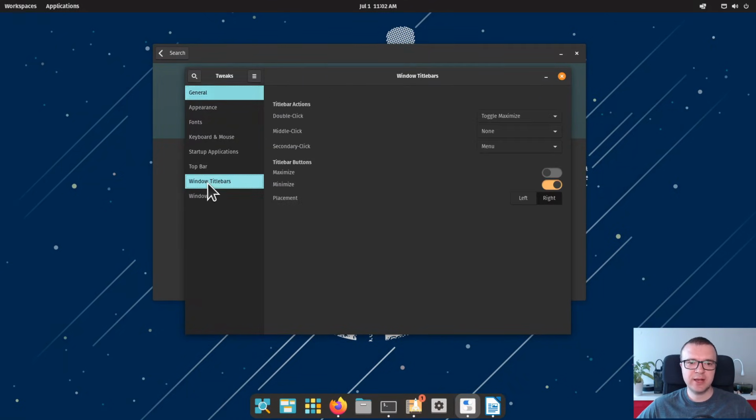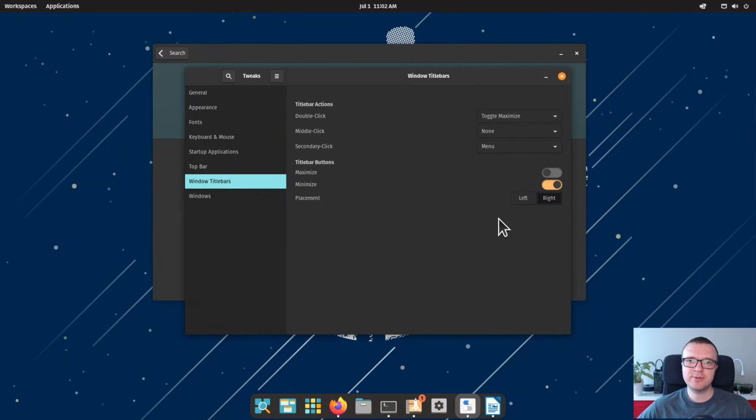Many of these options are already available in the Pop! OS settings. For example, if you want to disable or enable minimize button and maximize button. These options are available here, and they are also available in the Pop! OS settings. But there is no option to change the location of the buttons. By default they are on the right, but many Linux users may like it on the left, here. So you can easily do it in this GNOME Tweaks program.